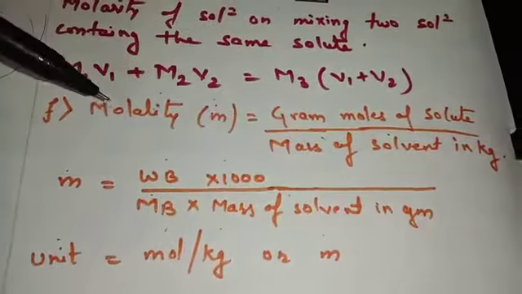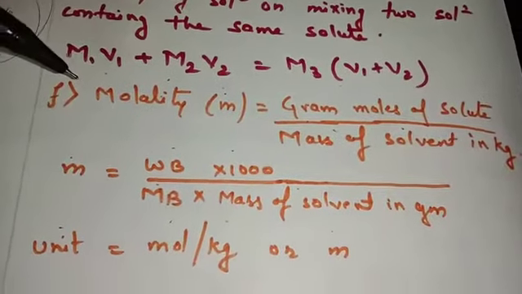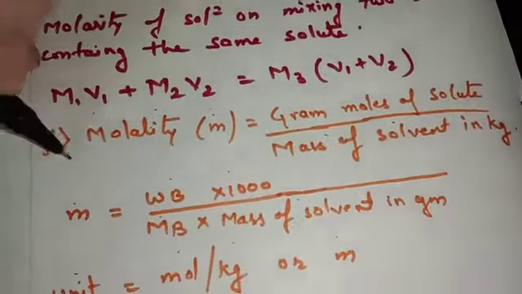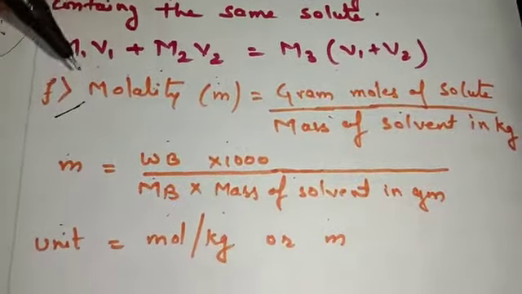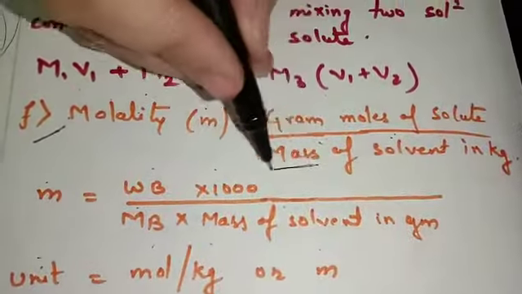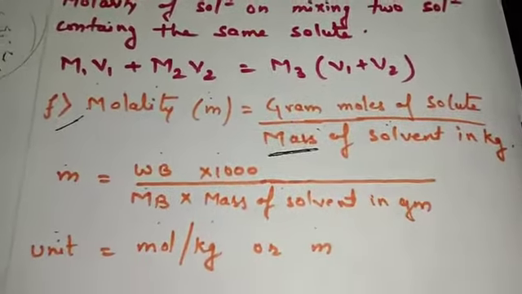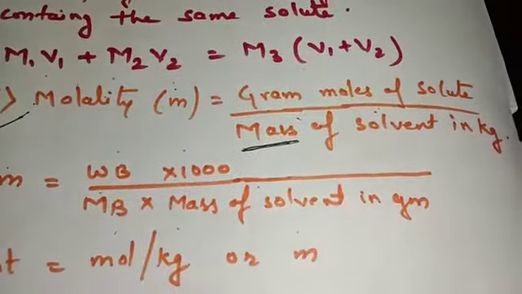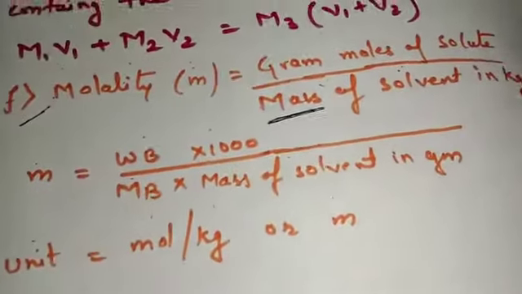If I am going to take the standard method to calculate the concentration of the solution between molality as well as molarity, always molality is considered to take out the concentration of a solution, because it depends upon the mass of solvent, and you know very well that mass does not depend upon the temperature. So by change in temperature the concentration of solution does not change. So among molality and molarity, molality is the better scale to express the concentration of the solution.